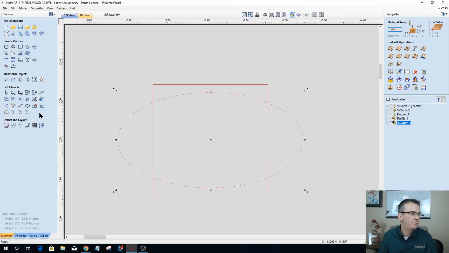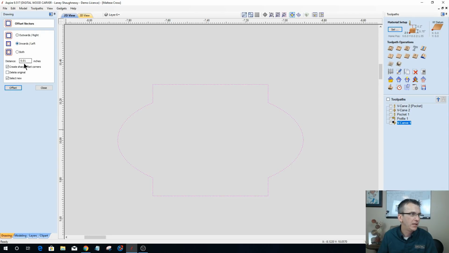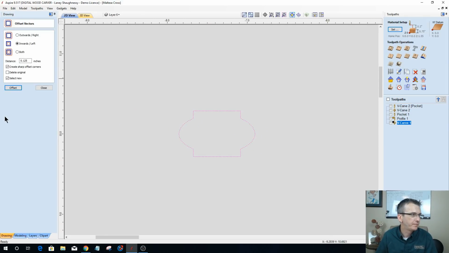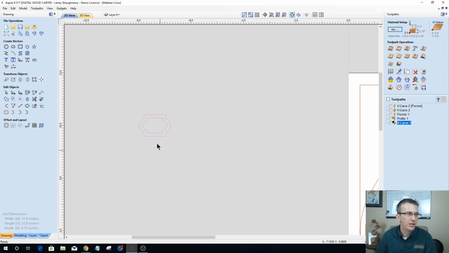And we take those two parts and weld them together to create that shape, offset it inward 1/8 of an inch, sharp corners, and here let's go outward, offset outward, sharp corners, 1/8 of an inch,